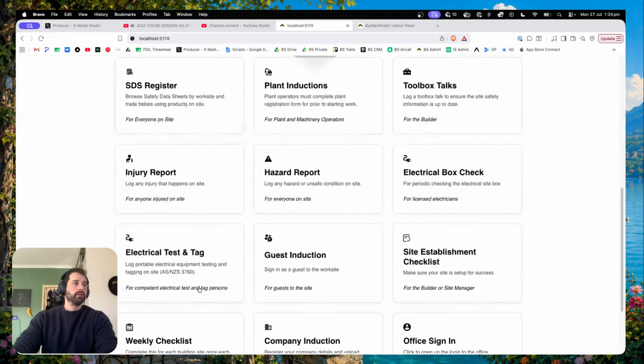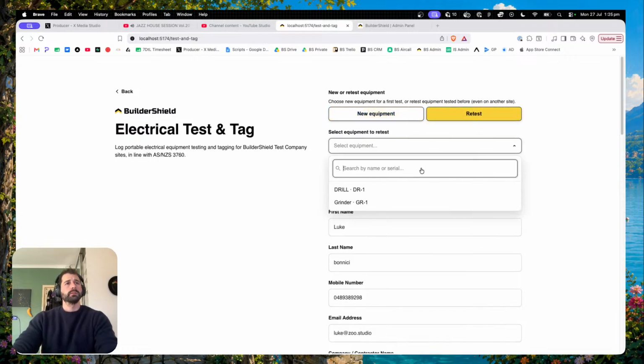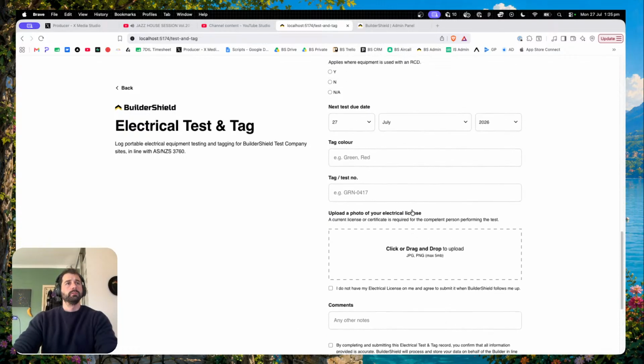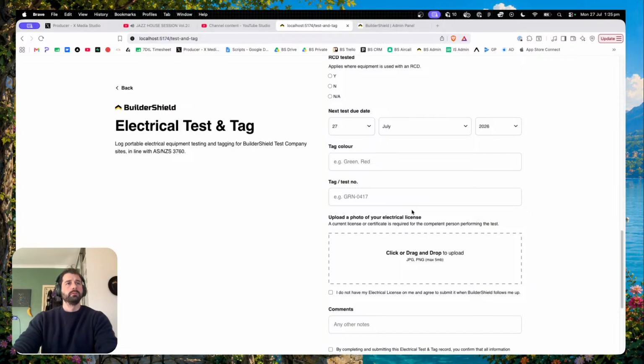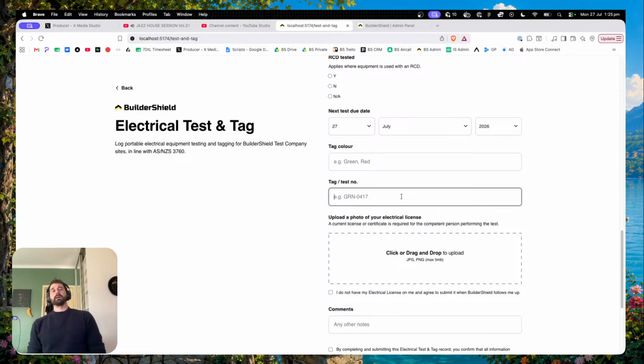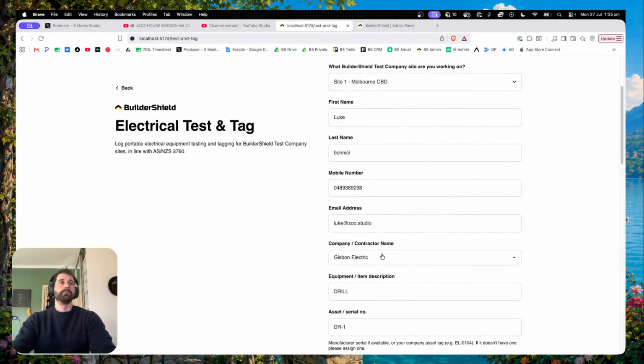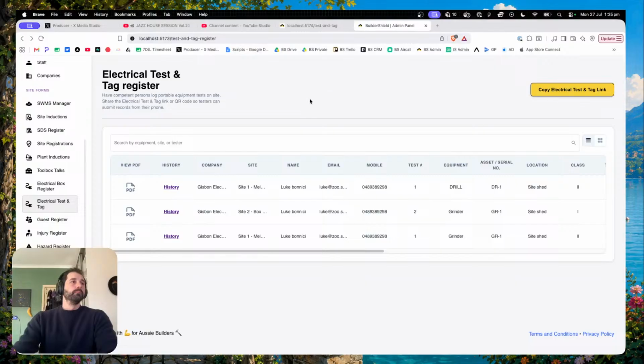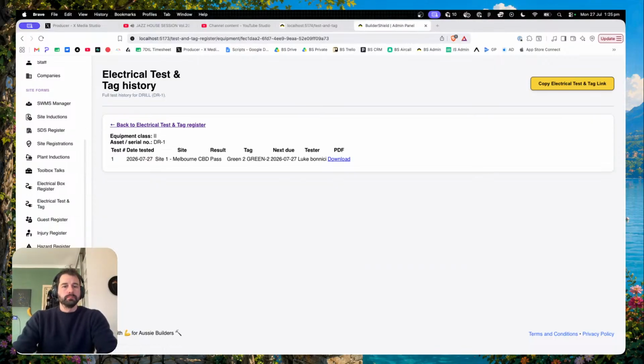So back over here, if I now go to test and tag, retest, drill. I guess we can't have it automatically increment this test number here, because if they test another item in between that, then that will increment. So there's not really any way of knowing what their test number is or where they're up to, which is fine. So let's come back over to here. Might just do a